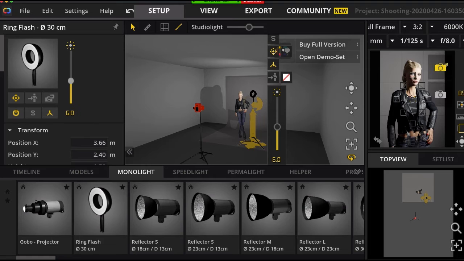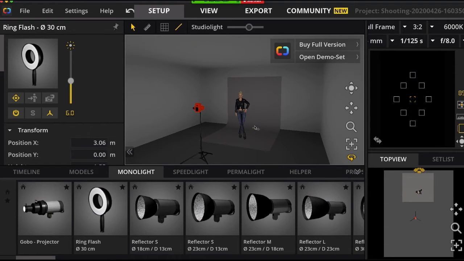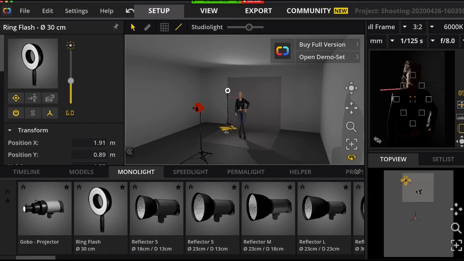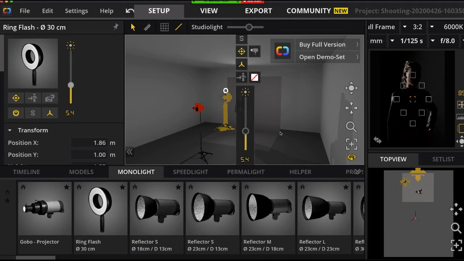If I draw a light in here, you see that it's a ring light, ring flash. With a ring flash, I'm going to have the shadow in here. I can move it to the back. If I have it on the back, it says this side is lit up. I can reduce the temperature, reduce the light.